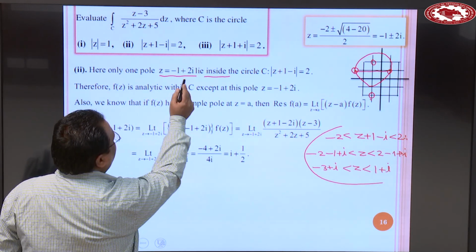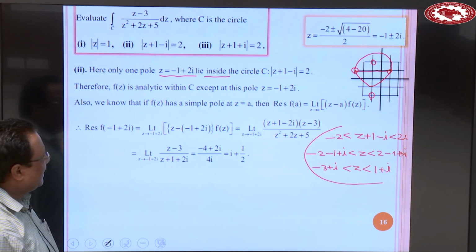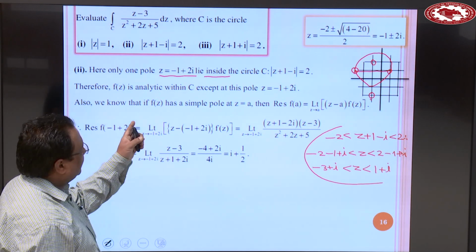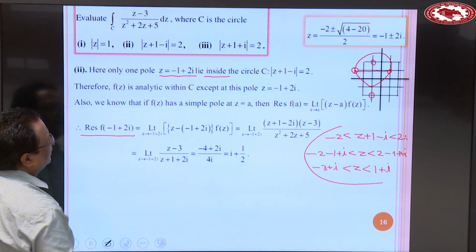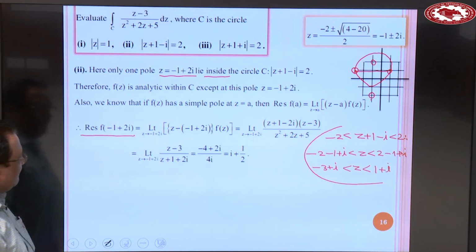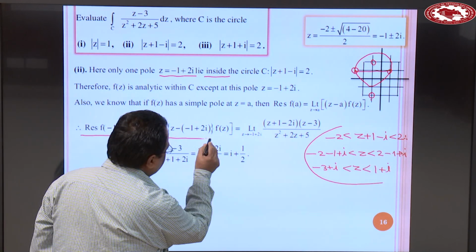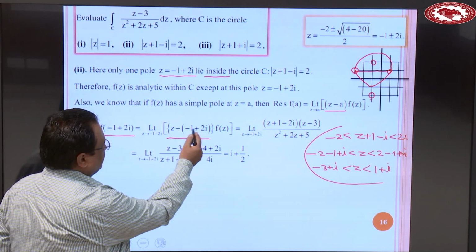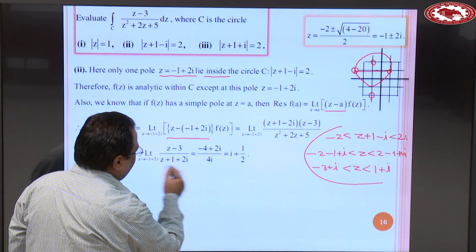सो हियर ओनली वन पोल z is equal to -1 plus 2 iota lie inside the circle this. Okay, therefore f(z) is analytic within C except at this pole. Okay, so then calculate the residue at this point. So calculate residue at z is equal to -1 plus 2 iota, and limit z tend to -1 plus 2 iota, z minus this point, use this z minus a. So z minus a into f(z), use this definition, right,